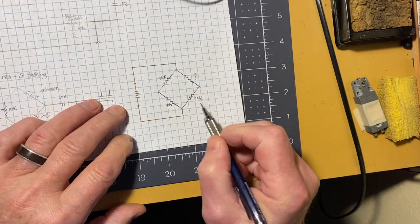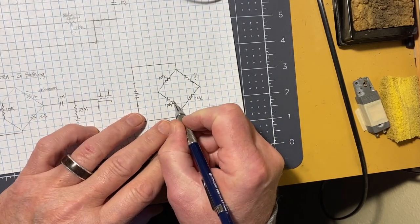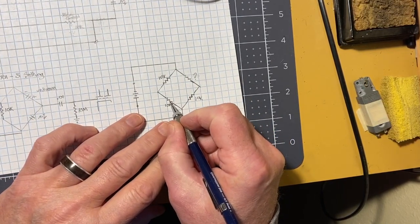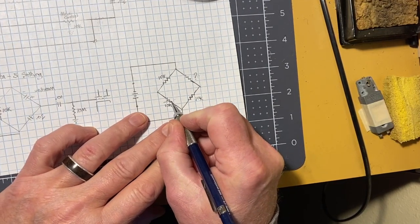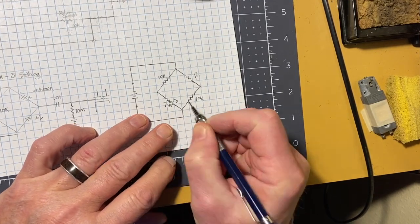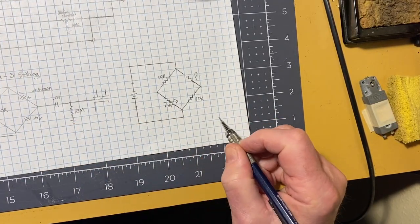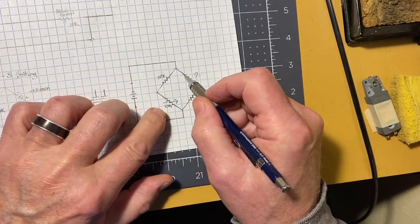We don't know what value that resistor is. Then if we turn this one into a variable, I'll just draw an arrow through it. Wiggly arrow, best I can do. Make this a variable. Then with the variable, we can change the amount of current that's flowing through this leg